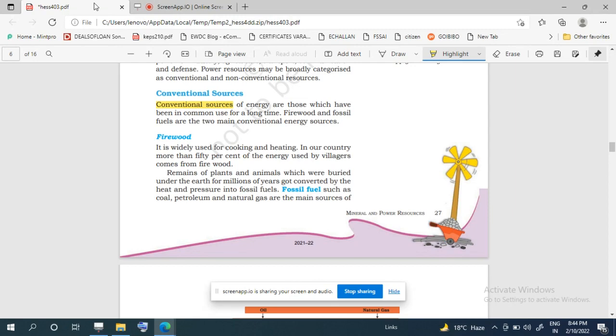We see that fossil fuel is also very important for us. Fossil fuel means the remains of plants and animals which were buried under the earth for millions of years, and then because of heat and pressure, they get converted into fossil fuel. So in this way,